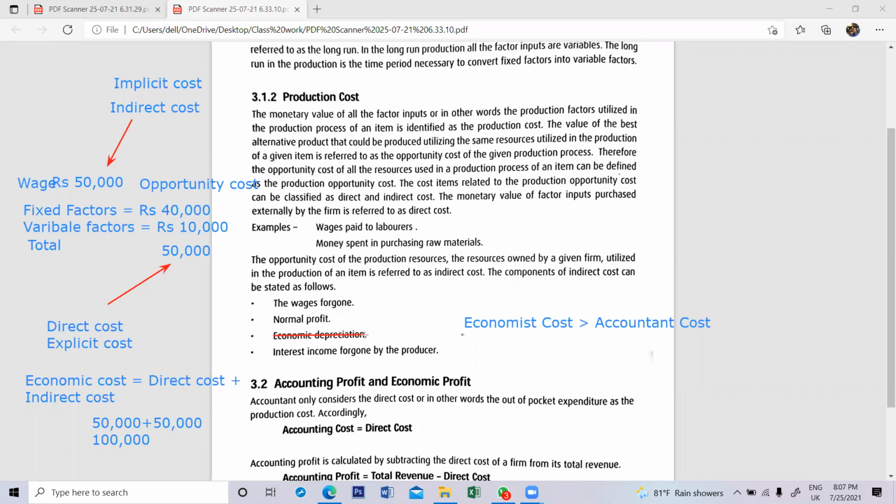Simply, he would have saved 50,000 at a bank. Then a particular rate of interest can be taken. Once he invested money in the business, he lost the interest that he would have taken from the money saved. So it is an opportunity cost. In other words, implicit cost or indirect cost. Right. That's what it says next: accounting profit and economic profit.